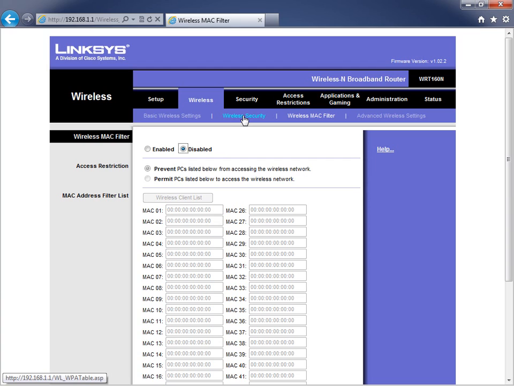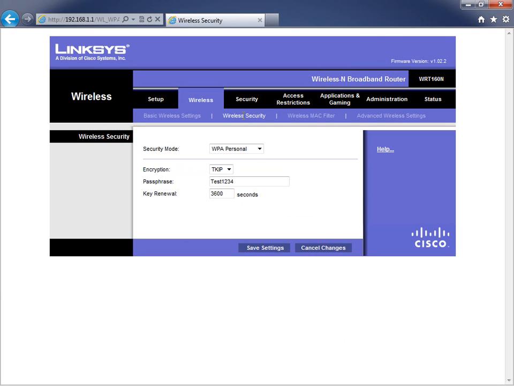Wireless security. Let's jump over here. This is where we set up our basic security encryption settings. Again, a lot of this goes back to the wireless networking lesson, and if you did not watch that, I encourage you to go do so because a lot of that refers to what I'm doing right here. Under security mode, you'll see here that I can set up WEP, wired equivalency protection,